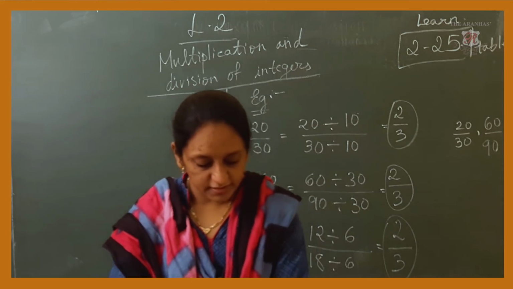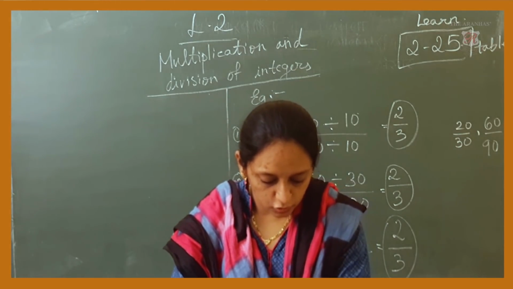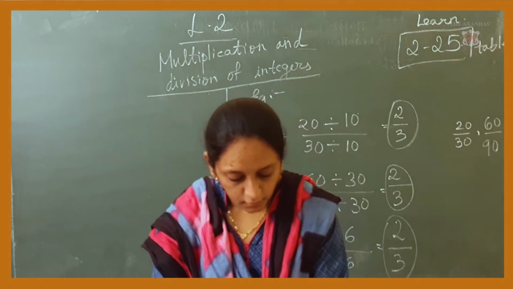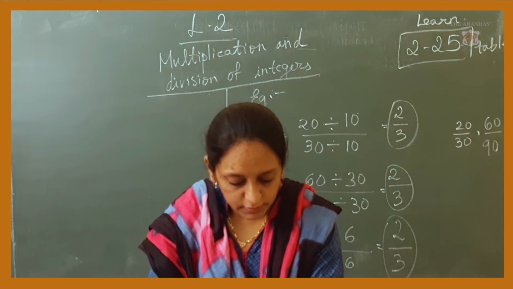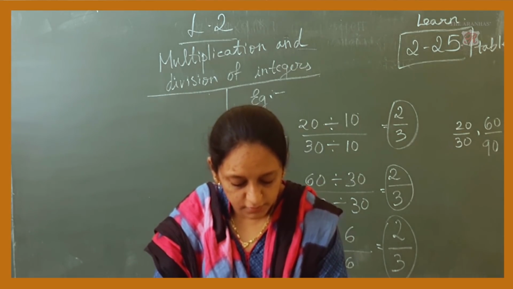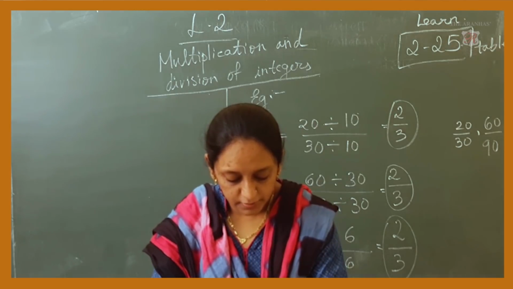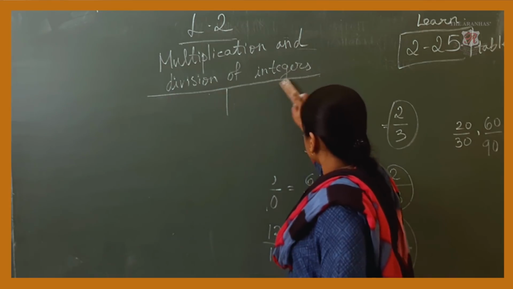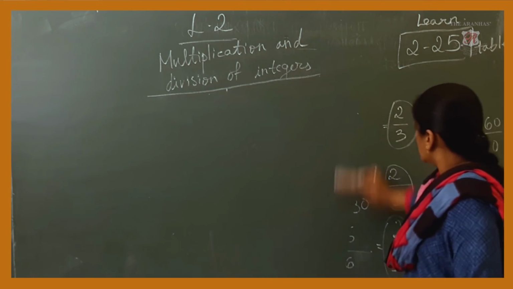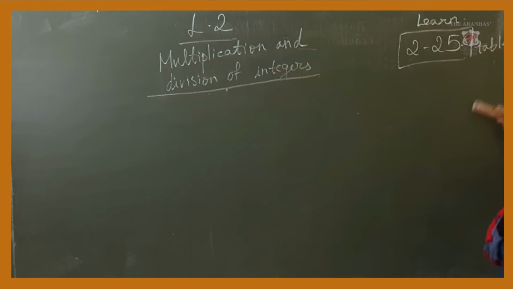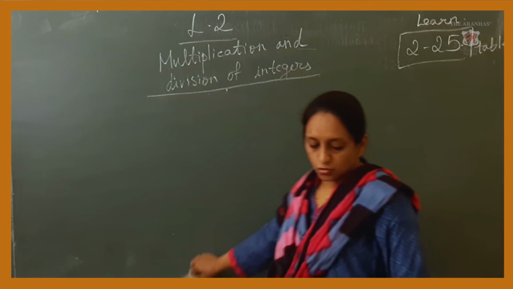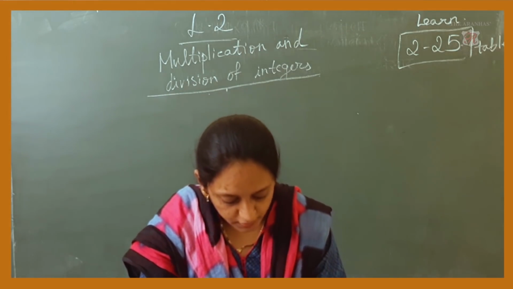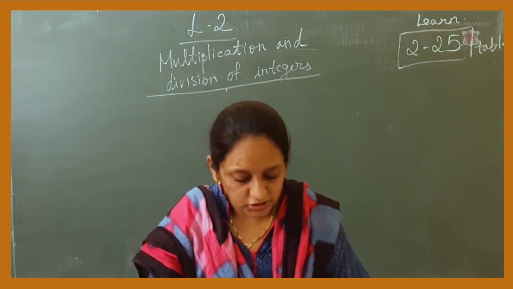And question number 4 is an activity question. The fish in the pond below carry some numbers. Choose any 4 pairs and carry out multiplication with those numbers. Now choose 4 other pairs and carry out division with these numbers. They have given many fishes here, and inside the fishes they have written some numbers. The numbers are positive as well as negative. You have to make groups of two numbers and work out the answer. That is an activity type question.